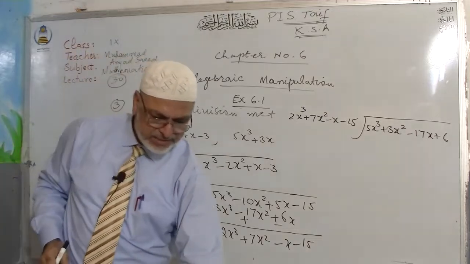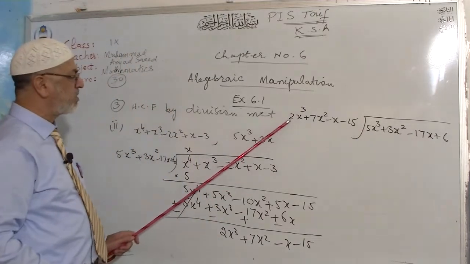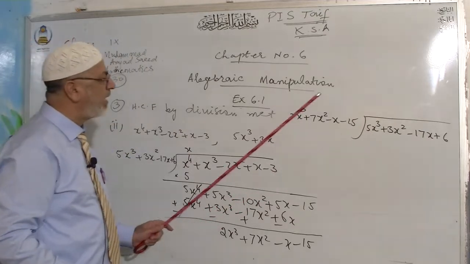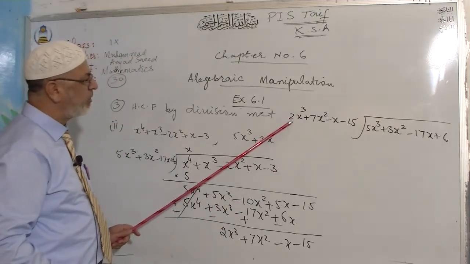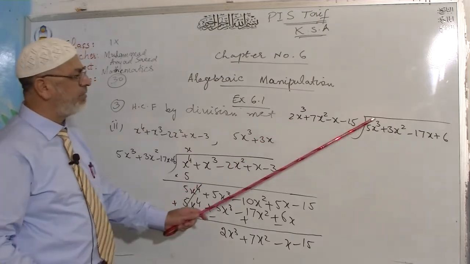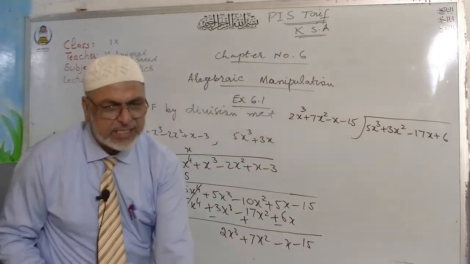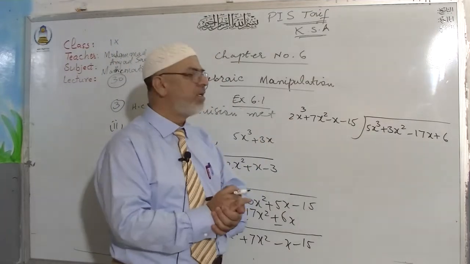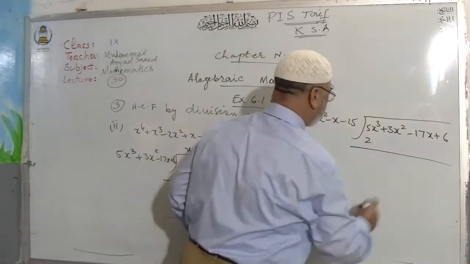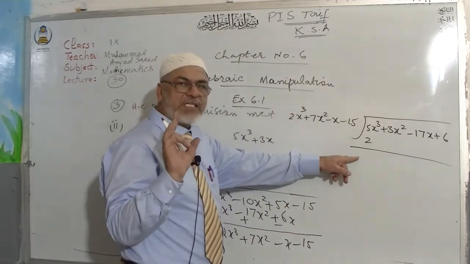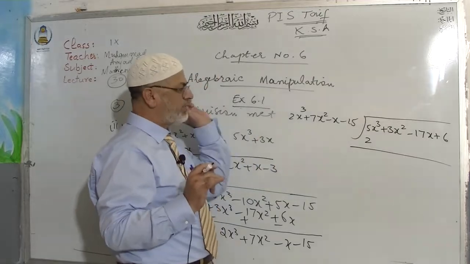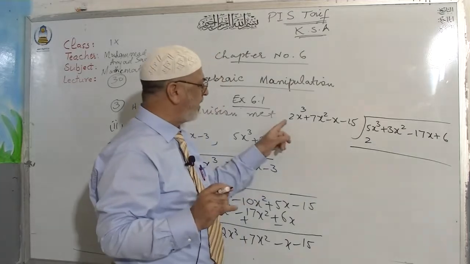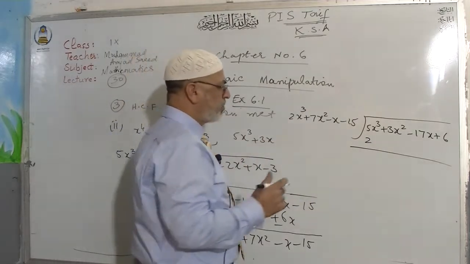Dear students, look at that. Here is 5x^3 and this is 2x^3. You are going to make 5x^3 with the help of 2x^3. Is it possible that with the help of 2 you can make this 5? No. Again the same procedure, because 5 is not exactly divisible by 2. So you multiply this whole expression by 2, and you will get the expression which is exactly divisible by this 2. The main purpose is that you get the coefficient which will be exactly divided by 2.